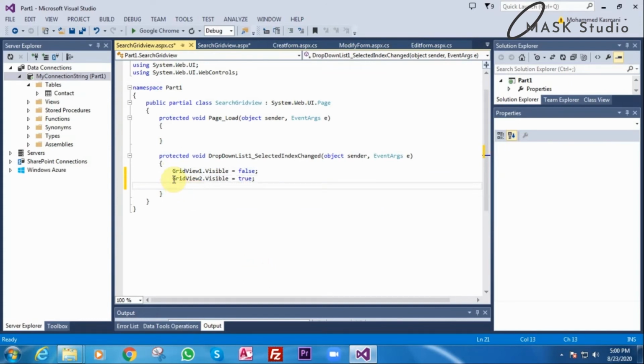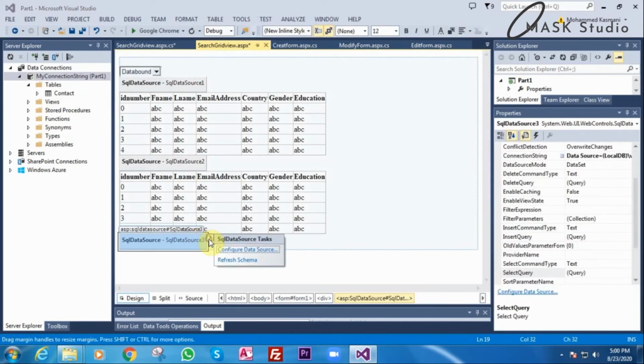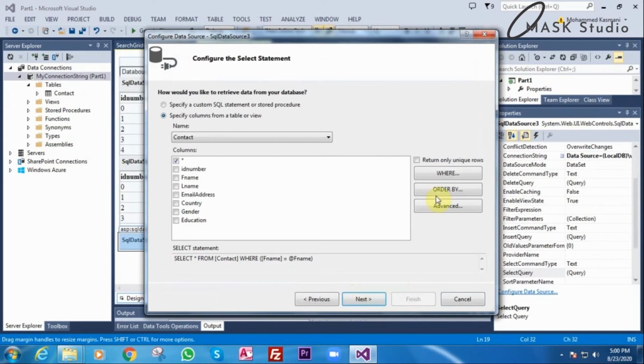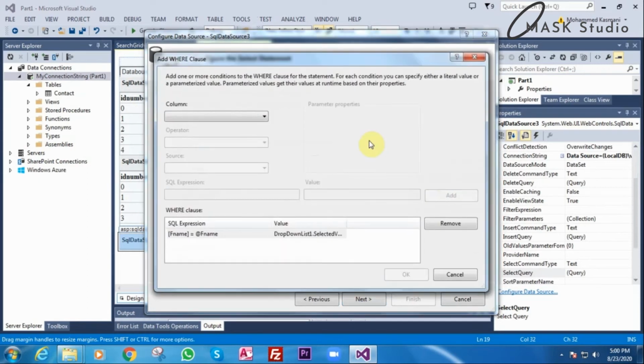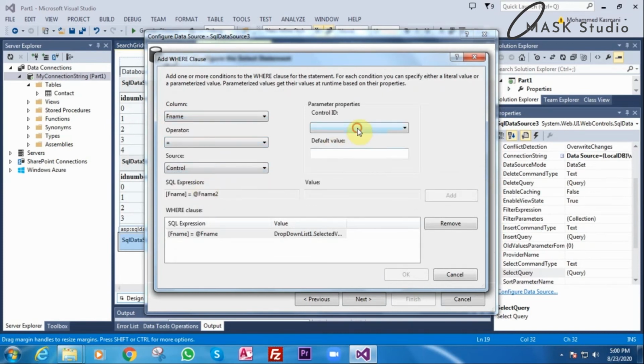Okay, let me explain this why I make it this true and why I make it false. I'll go again back to search. You must have remembered that when I click this one, when I said configure and when I said next, I press this where button and I gave the command F name, control and drop down list.